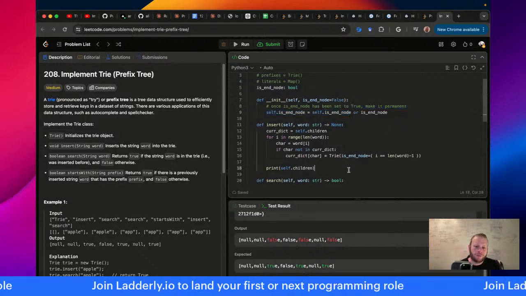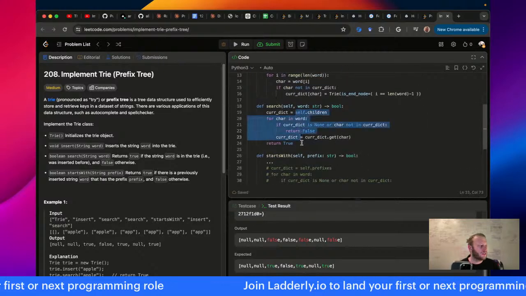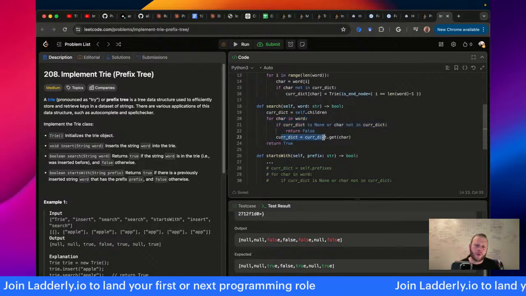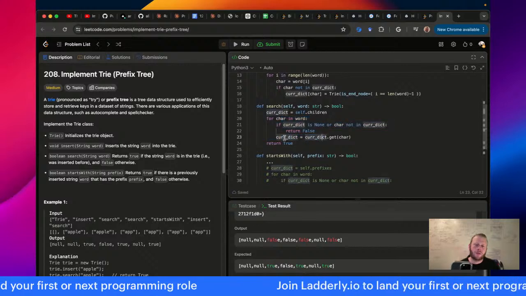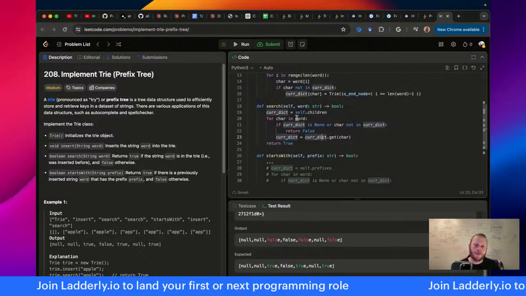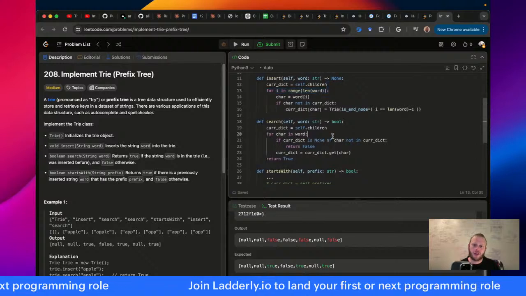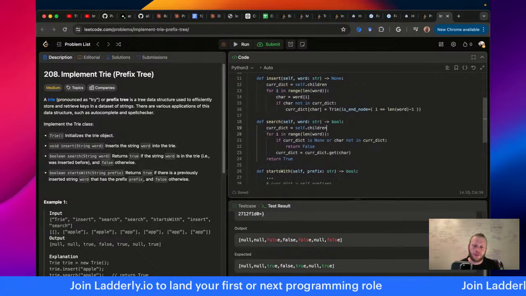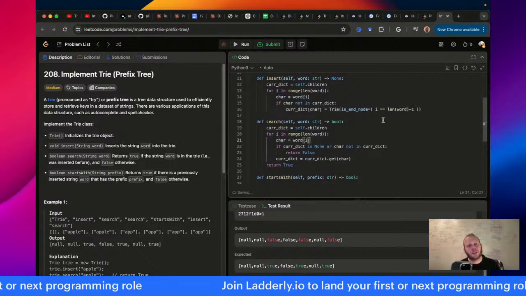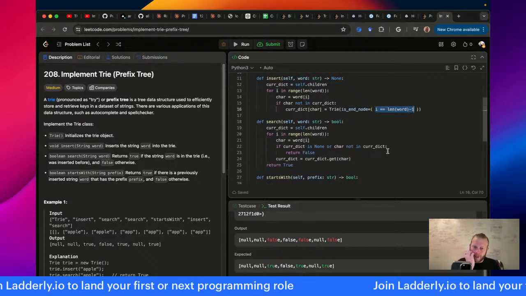Okay, let's go down here to search. So now that I have navigated through, I also want to know here if I am at my last letter. So we'll do this pattern instead of for character in word. We'll do the for i in range, get the current letter. And then if it's the terminal node,